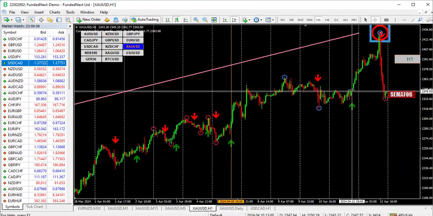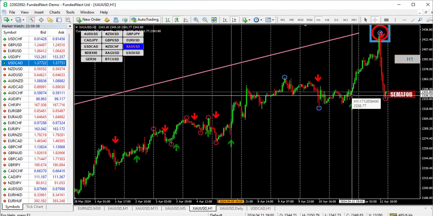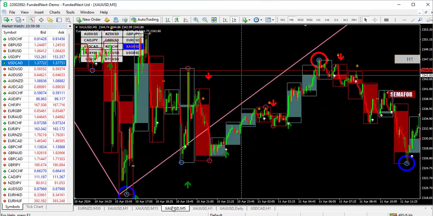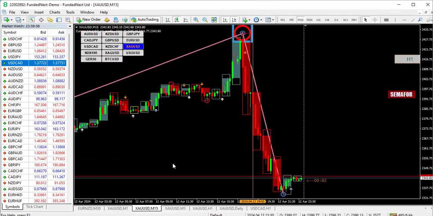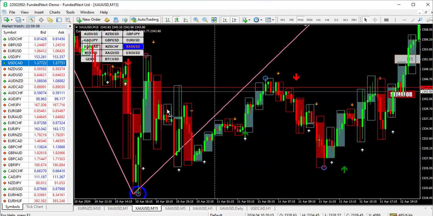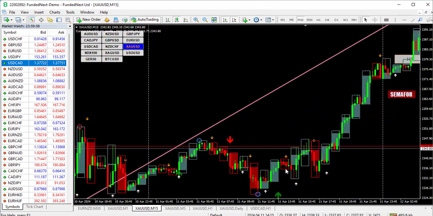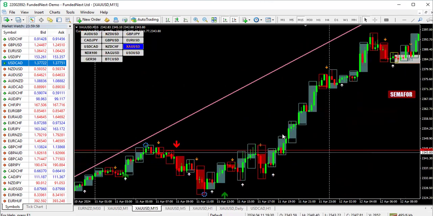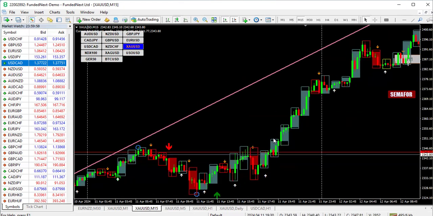So price came out to this bullish trade from the next day, 11:19 GMT. So I'll just be looking for only sell trades from the 15th. I'm looking for a sell trade on the 15th. Once I see a bullish trade, I'm not going to take that. But sometimes a bullish trade on the 15th happens much earlier on the 1 hour, but the 1 hour gives us a strong confirmation. So only sell trades on the